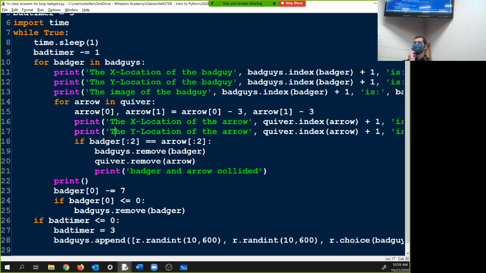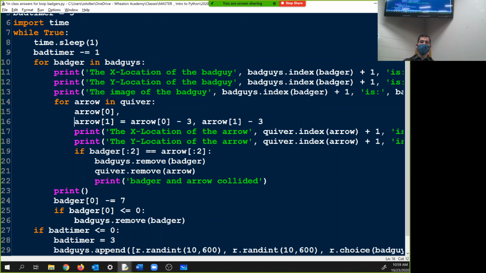We went over it with lists, the multiple assignment trick. The number of variables on one side of the equal sign has to have the same number of values on the other side, separated by a comma. If you don't like this, you can always do that, which might make it easier. So now when I run it,